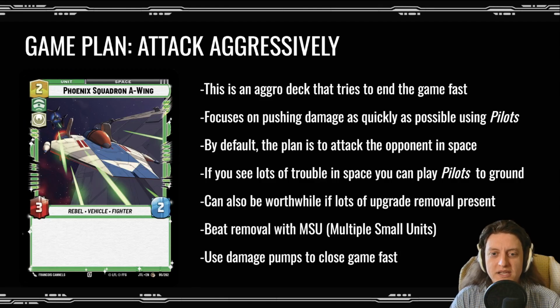The overall game plan is to attack very aggressively. It's an aggro deck. You want to end the game fast. You want to be attacking your opponent's base most of the time, not focusing on their units. You use those pilots to buff the space units that you play, and just push damage as quickly as possible. So by default, the plan is going to be to play small ships, upgrade them with pilots, and attack in